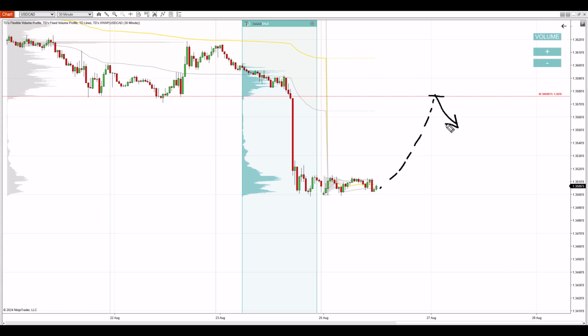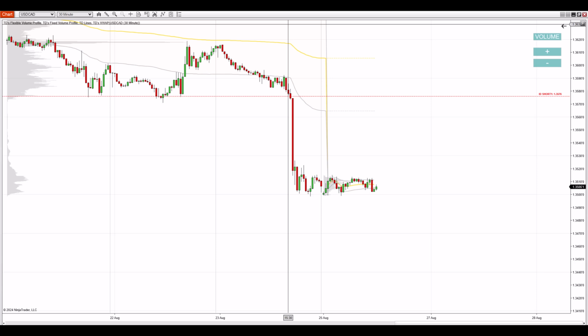If you guys have order flow, you can use it to confirm your trade entry and to improve your trade exits. Alright, but even if you don't have order flow, you can just jump in at first touch, because chances are that the price will make a reaction there. So that's for the US dollar, Canadian dollar, and the next trading idea will be on the New Zealand dollar,